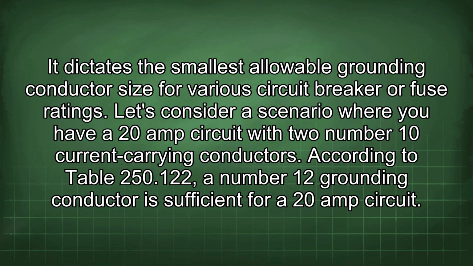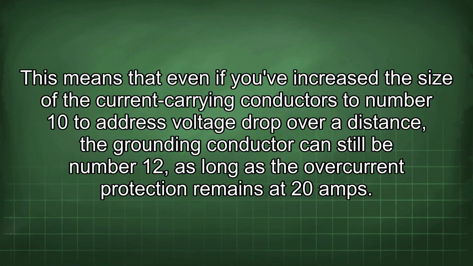Let's consider a scenario where you have a 20 amp circuit with two number 10 current carrying conductors. According to Table 250.122, a number 12 grounding conductor is sufficient for a 20 amp circuit. This means that even if you've increased the size of the current carrying conductors to number 10 to address voltage drop over a distance, the grounding conductor can still be number 12, as long as the overcurrent protection remains at